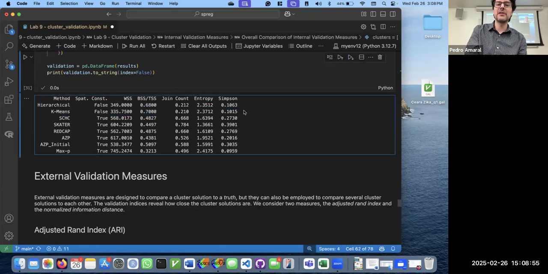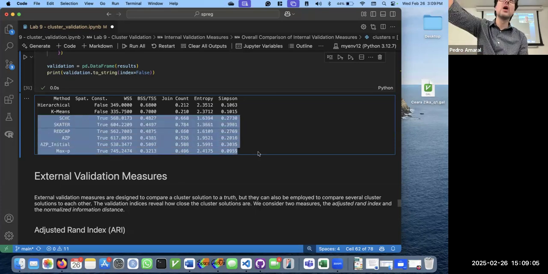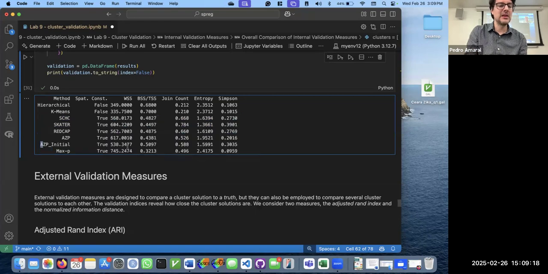You'll never do as well as them in terms of homogeneity, but you can look at the spatially constrained methods and try to see how close you are to the unconstrained solutions in terms of homogeneity, just to see what is the price that you're paying for that spatial constraint. For example, if you look at the AZP with the spatially constrained hierarchical clustering as an initial solution, you'll see that the price being paid in this exercise in terms of homogeneity is not that high,